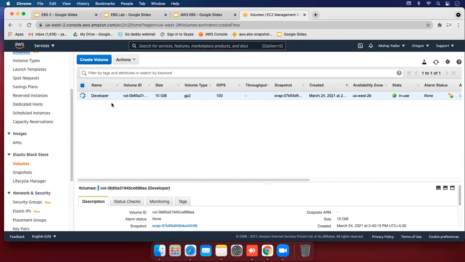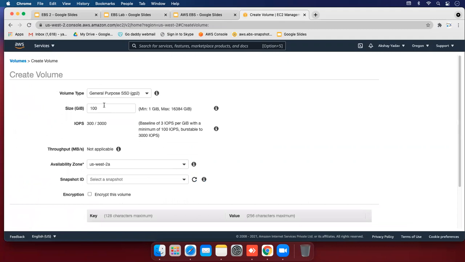So let's create one volume. Here I'm going to create a 20 GB volume, and the availability zone of your volume and your instance must be the same to attach.